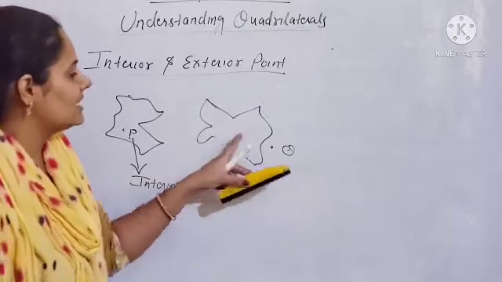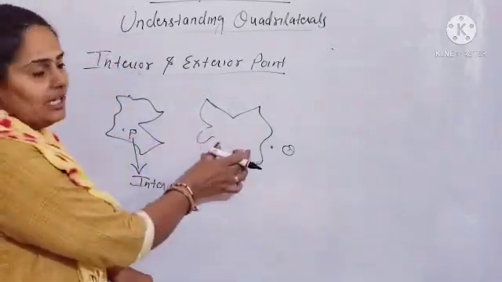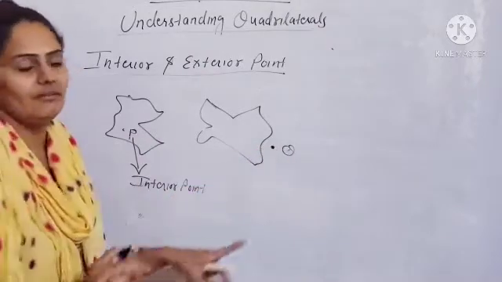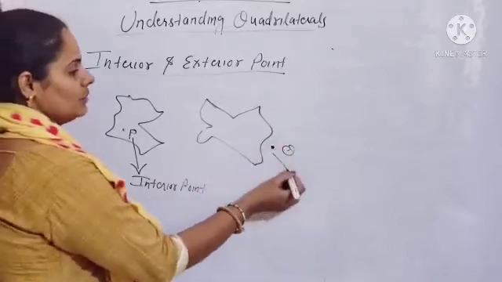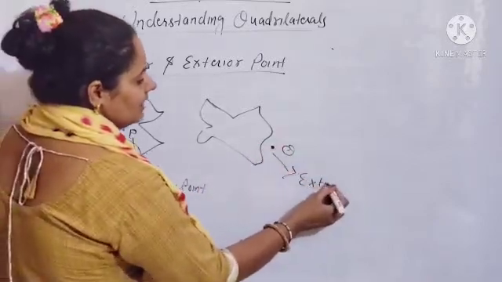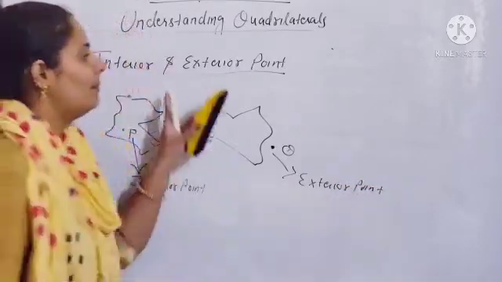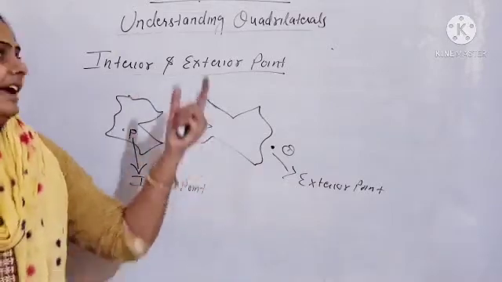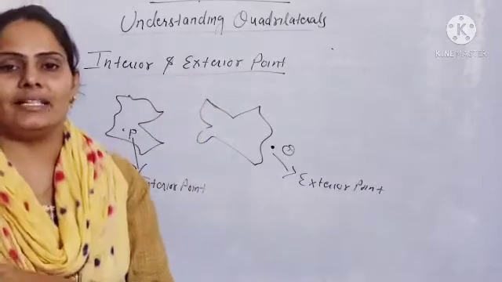And the point which is given outside of the diagram, okay. So this is the diagram, this is a closed curve and the point is given outside, okay. This is the point we have given the name Q. So this is outside the diagram, so you will say this is an exterior point. Exterior point, okay. So simply, interior means inside and exterior means outside.